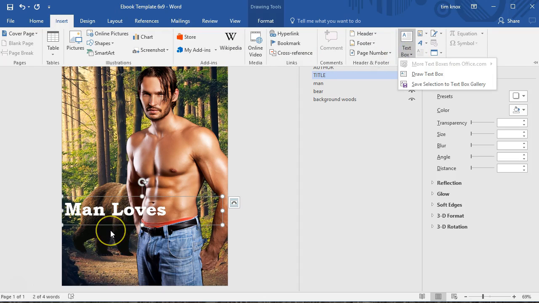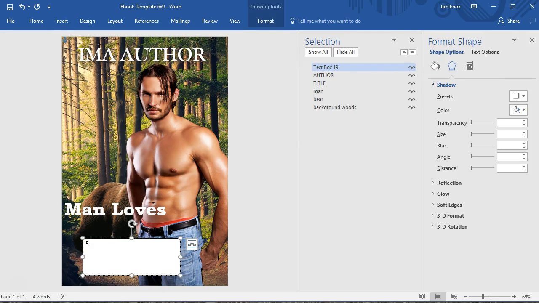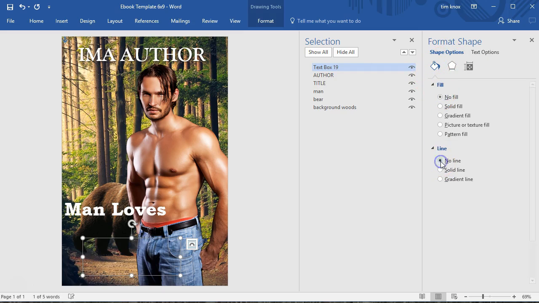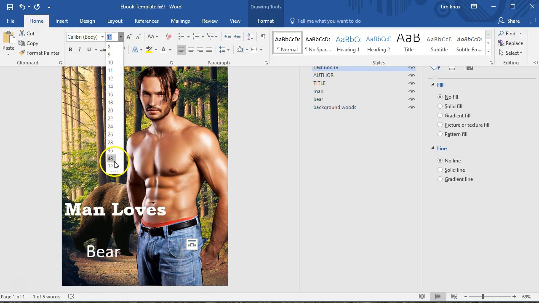And remember, I'm not just going to start typing because I can't do that because I've got images here all stacked up, and just typing in a document doesn't really give me much flexibility. So I use these text boxes, and we're going to type in the word bear. Now again, remember when you do this, you have to get rid of the outlines and the fill. So you go to shape options. I don't want a fill. I don't want an outline. I want my text to be white, and I want it to be very large,